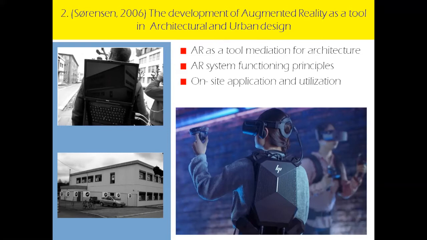But on the contrary, for the outdoor system, the hardware that was supposed to be set up and installed was a lot. This person is carrying a laptop in his bag for the outdoor experimentation, where they faced a lot of limitations, which included the GIS positioning, where the graphic markers that were placed on the building were not positioned or recognized properly, and also the sun glare that interrupted their procedures.